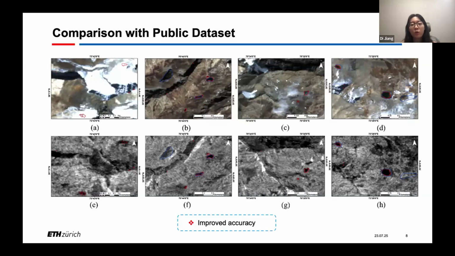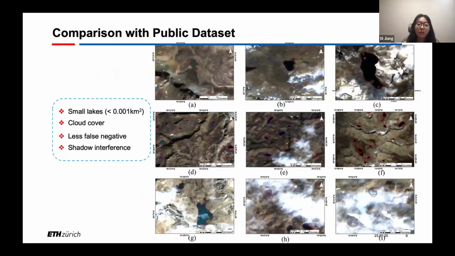The red line represents our results, and the blue line represents the public data size. Here we can find that there are some shadows that are regarded as glacial lake in the public data size, but in our methods, we clearly define it.